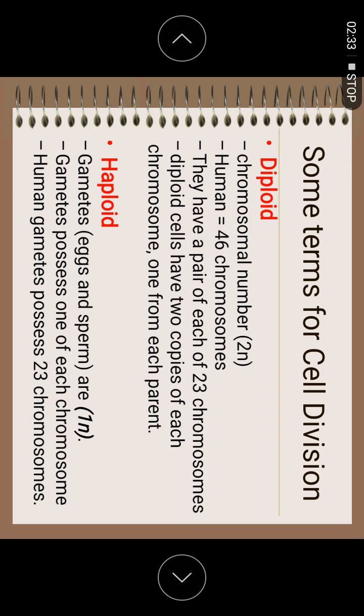From 46 chromosomes, if I put them into pairs, they have 23 pairs of chromosomes. Humans have 23 pairs of chromosomes, and the diploid cell will have one copy of each chromosome, one from each parent. So that means 46 means 23 from father, another 23 from mother. Later on we see meiosis, you will understand that. So haploid